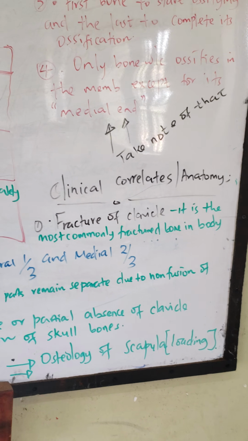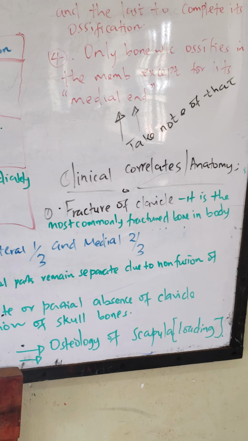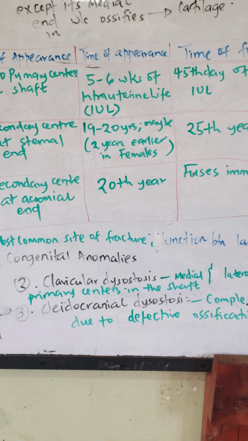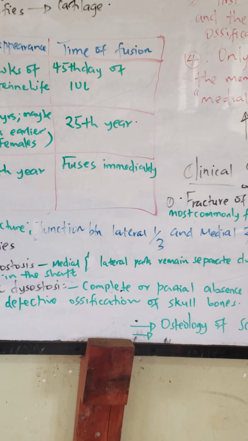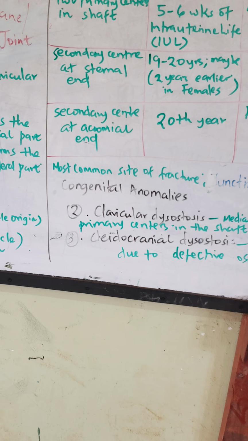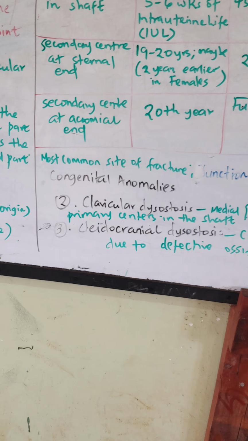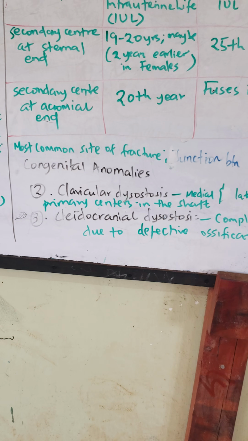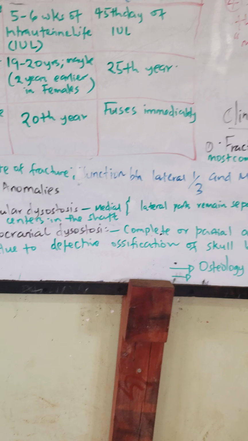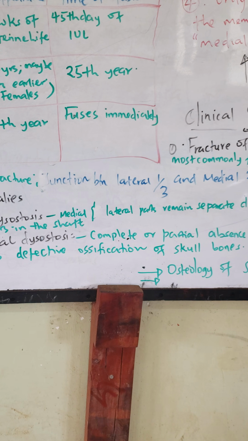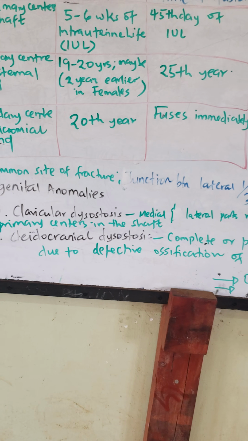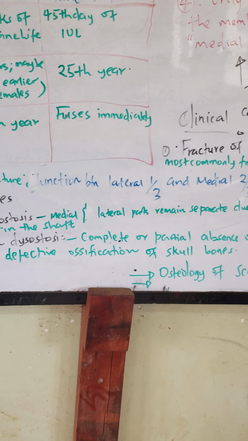And then we have the clinical anatomy. Remember the fracture of the clavicle is the most common fracture, and that fracture happens mainly at the junction between the lateral 1/3 and medial 2/3. And then we have the congenital anomalies. We have mainly the clavicular dystosis and the cleidocranial dystosis. The clavicular is where we are having separate medial and lateral ends due to failure of fusion of the primary centers, and the cleidocranial dystosis is due to incomplete or partial absence